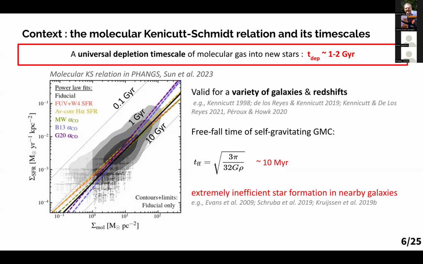Okay, however, molecular clouds are not free-falling. There are some mechanisms like turbulence or other physical mechanisms that can support the molecular clouds and prevent their collapse in such a short time. So the idea of the method that I'm going to present in the next slide is to have some measurement without assuming any physics, just from the cloud distribution that is observed at high resolution.